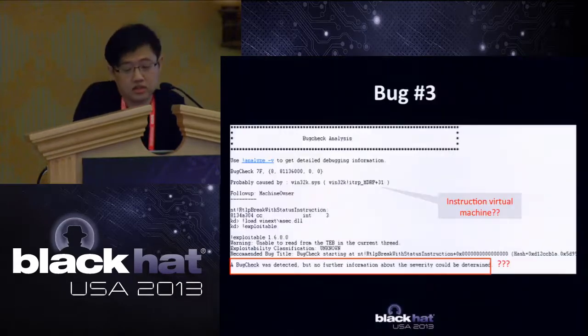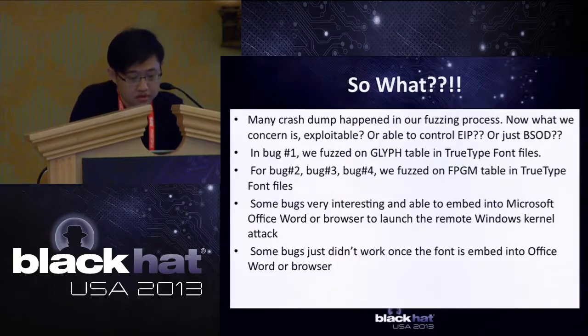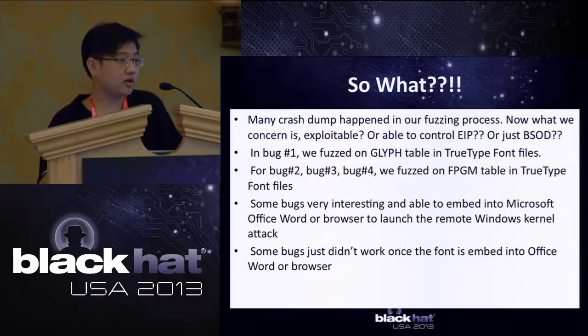And this is the third bug and fourth bug. They are also a result of mutating FPGM tables. Currently, we focus on certain font sections such as the glyph and FPGM tables only. For instance, bug 1 belongs to mutation of the glyph table, and bugs 2, 3 and 4 are the result of mutating the FPGM table. Many crash dumps cause denial of service in the Windows kernel, but for exploitation,